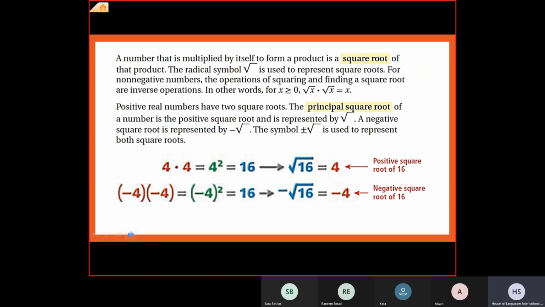Now, what is the square root? A number that is multiplied by itself, it has to be done under the square root. What do I mean by it? Now, 3 times 3 is 9. So that means the square root of 9 is 3. Why? Because when I multiply, what I said now, I said